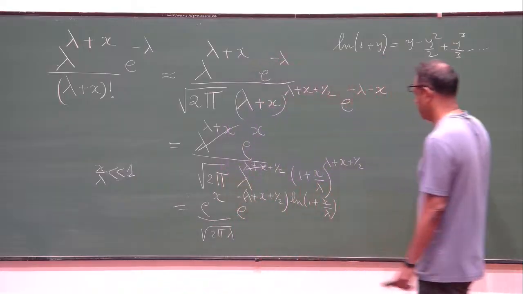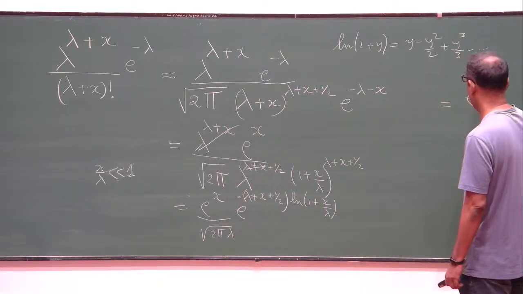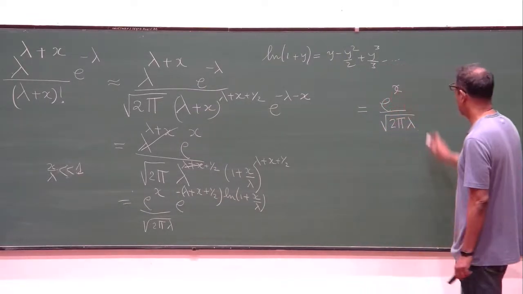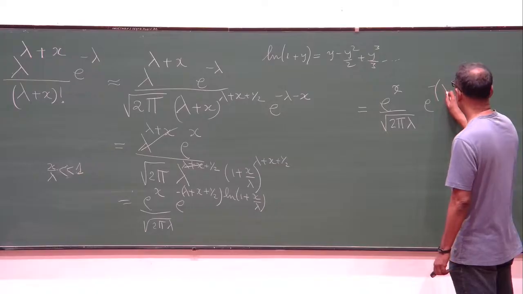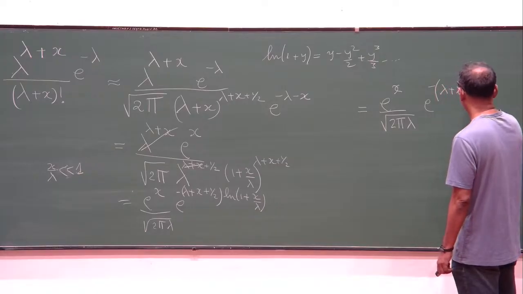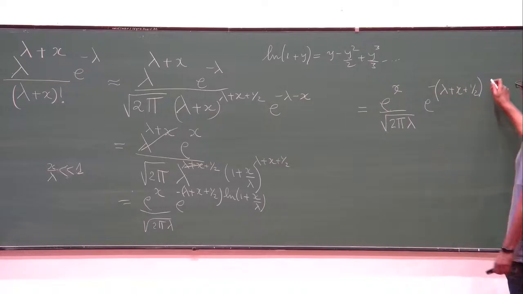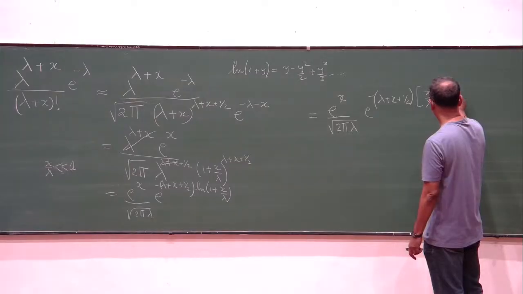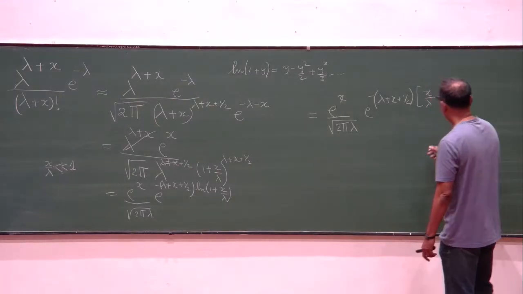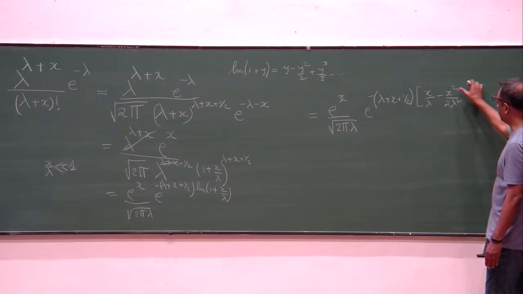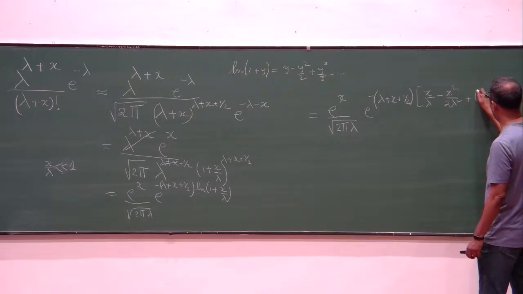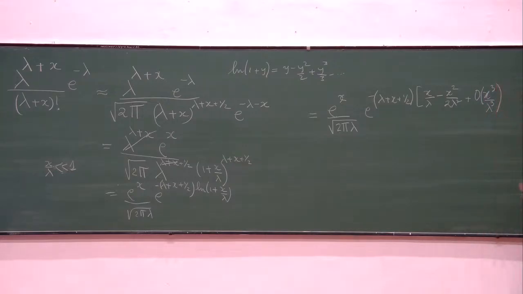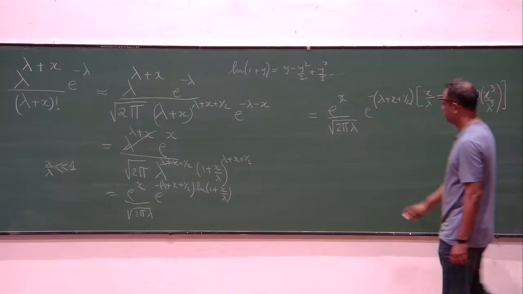So, this becomes equal to e to the power x over root of 2 pi lambda, e to the power minus lambda plus x plus half, into y, which is x by lambda minus x squared by 2 lambda squared. If I want to keep the next term, there is x cubed by lambda cubed, but let us keep plus order x cubed. Let us keep it like this, which is